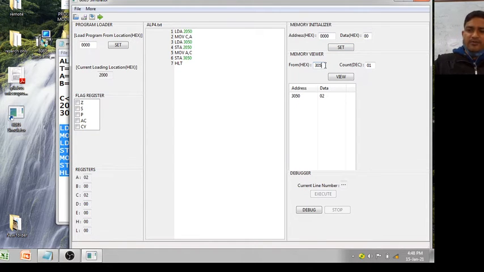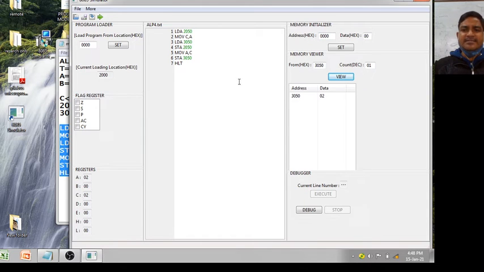First check memory location 2050. This is the address where you have to see the value. Count value means in how many memory locations you have to check the value; in one memory location, view. Yes, in 2050 the data is 3, and you can also check 3050. What will the 3050 value be? It is 2. It means your program is executed successfully and it is showing the correct result.